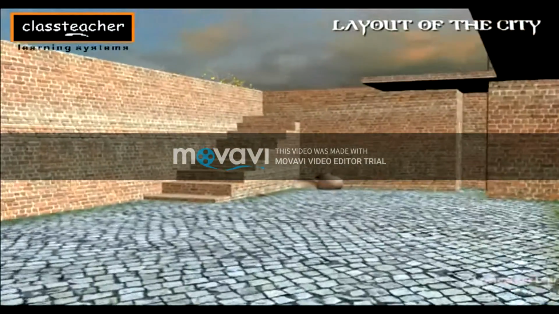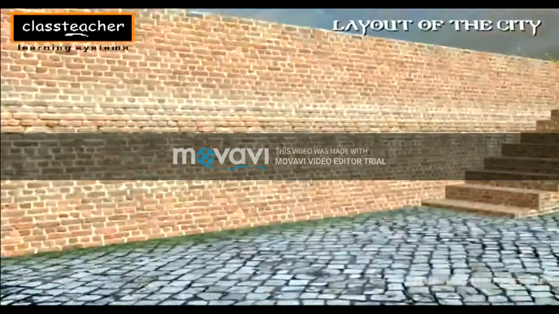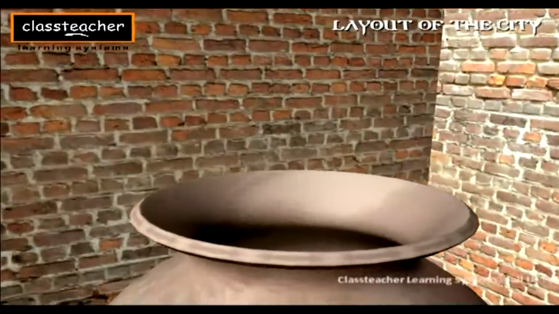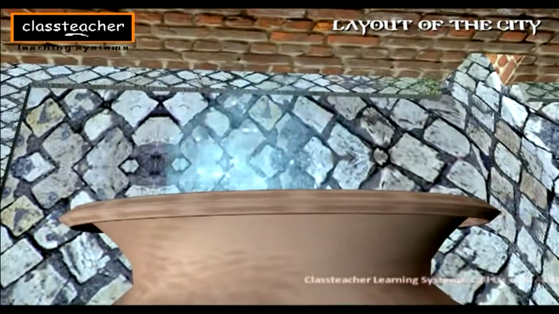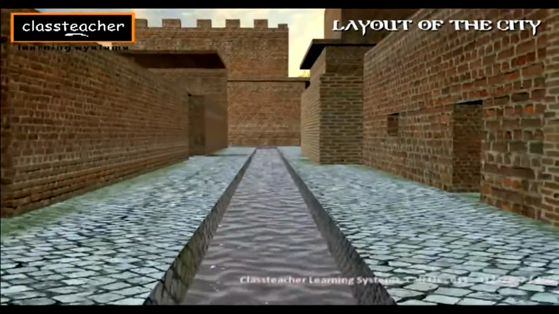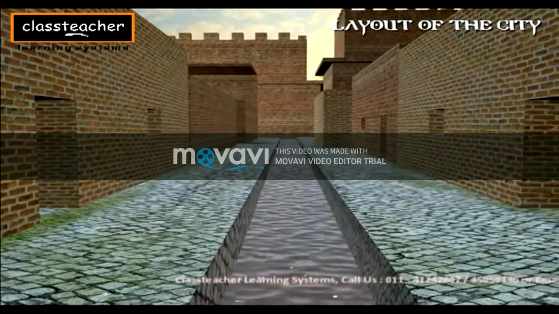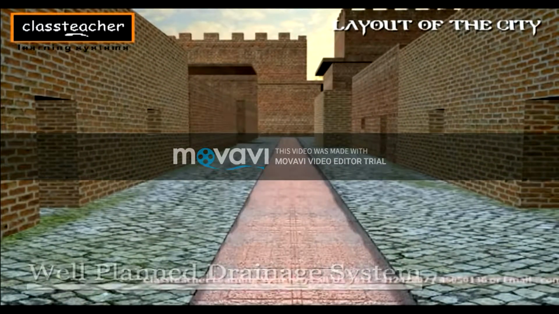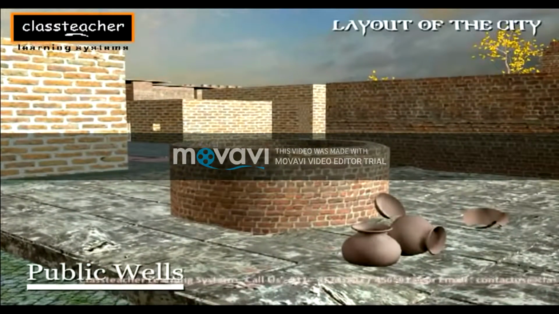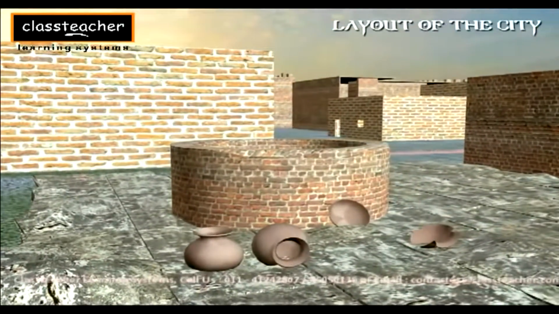Within the houses, separate rooms were made for different activities. Some rooms appear to have been set aside for bathing. Wastewater from the bathroom was directed to the drains which lined the inner streets. Larger drains on the main street assisted the flow of water towards the outskirts of the city. This proved the existence of a well-planned drainage system. The city received its water supply from large public wells. This provided water for bathing and washing purposes for the citizens.